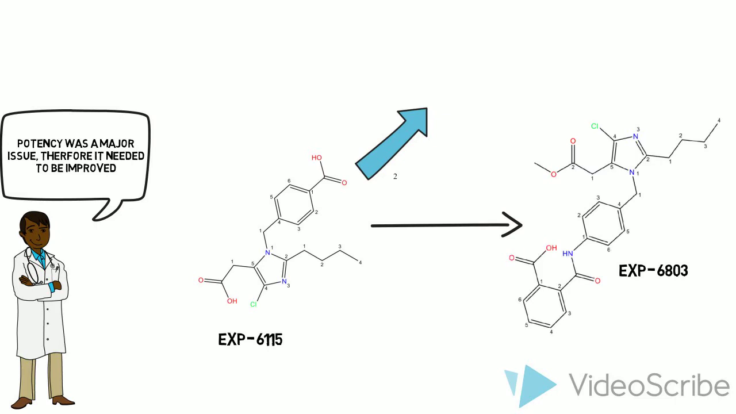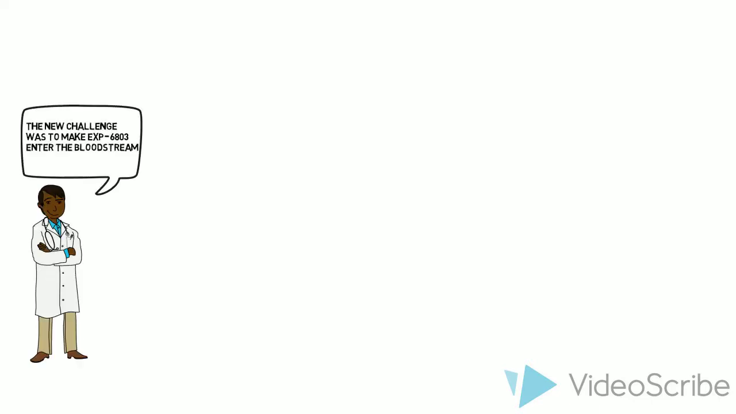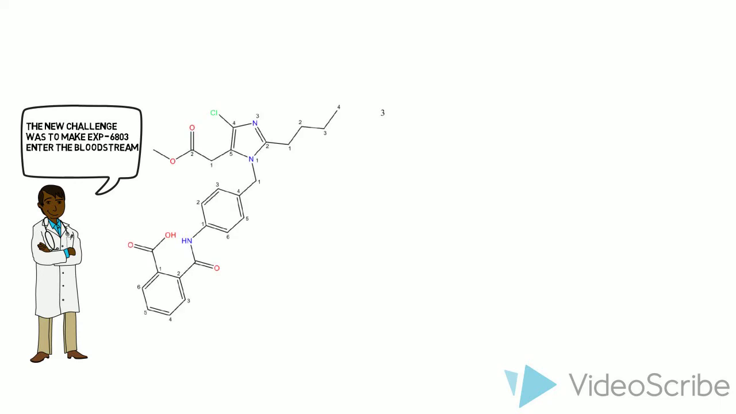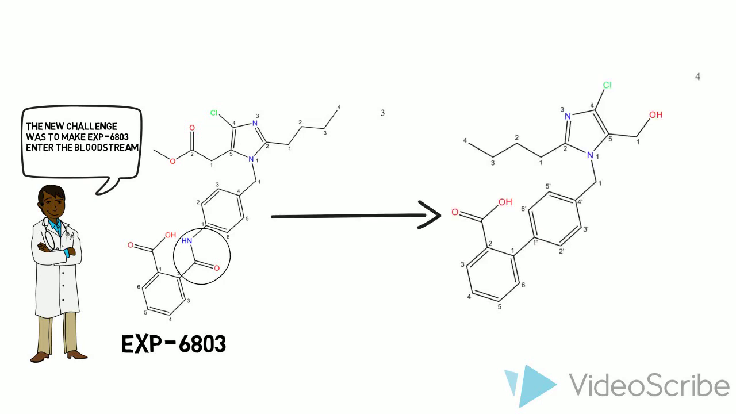The potency was still not high enough, so EXP6803 was produced, which was larger and contained a benzamide. Potency was increased, but oral availability did not. EXP6803 was not lipophilic enough to pass cell membranes and enter the bloodstream, so needed to be modified again. DuPont recognized that the amide was responsible for this and subsequently removed it, creating a biphenyl structured compound, naming it